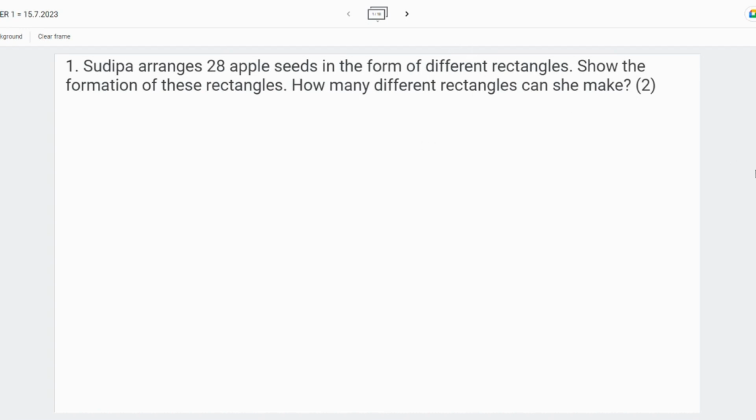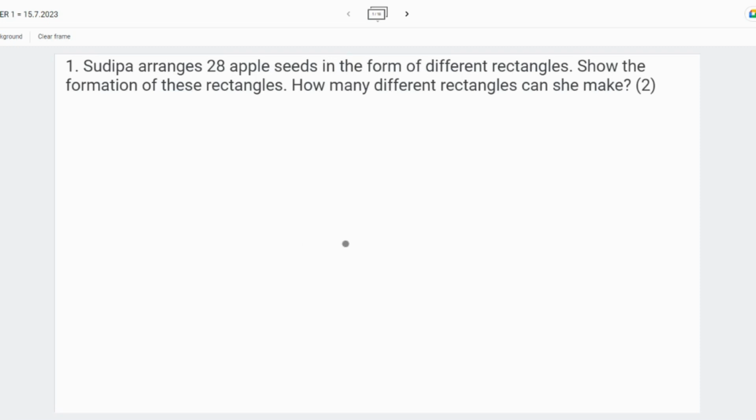Today we are going to discuss different sums on the chapters large numbers, operations on large numbers and multiples and factors. So as you can see, the first question on the screen is